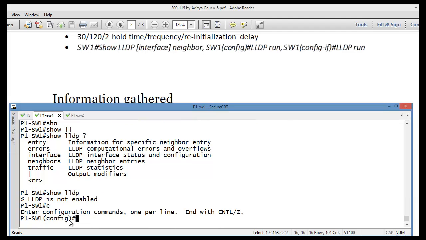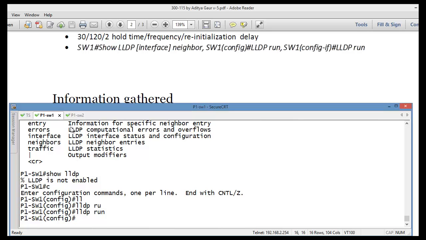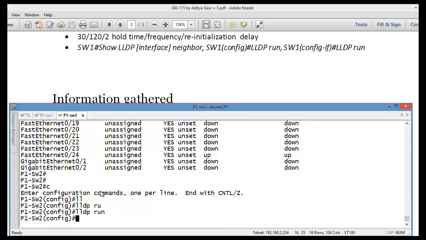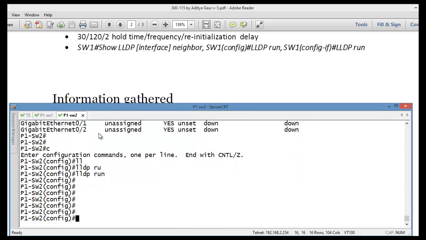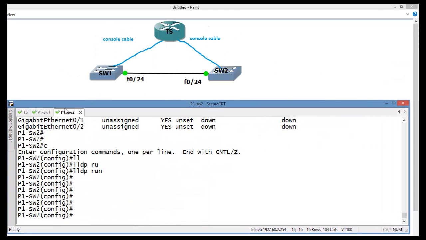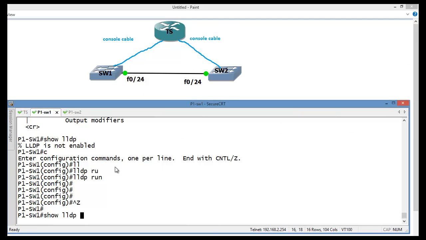Okay, so lldp run. Let me go ahead on switch 2 as well, enable LLDP and then run. Let's verify what the status is right now.